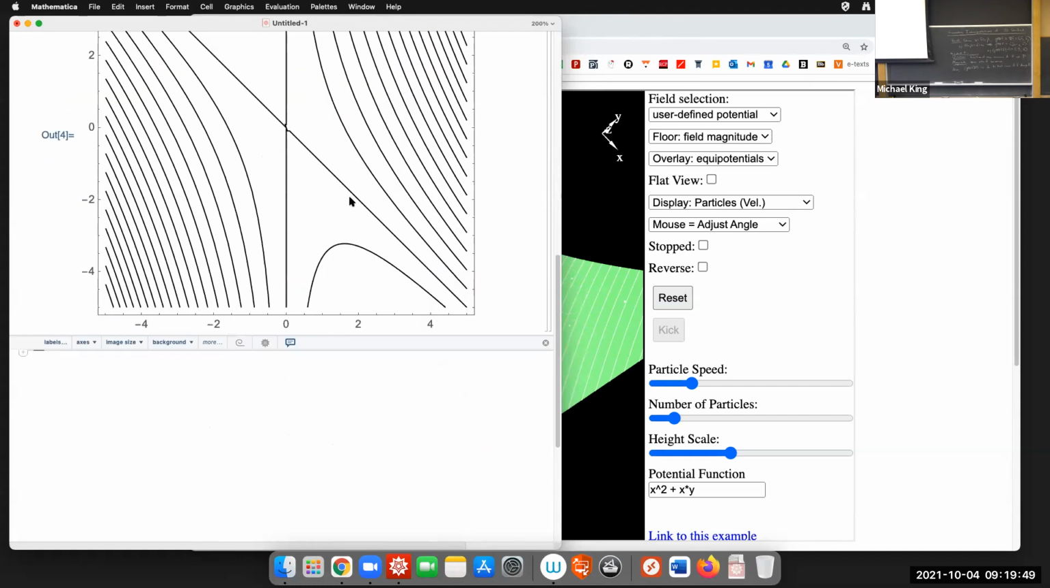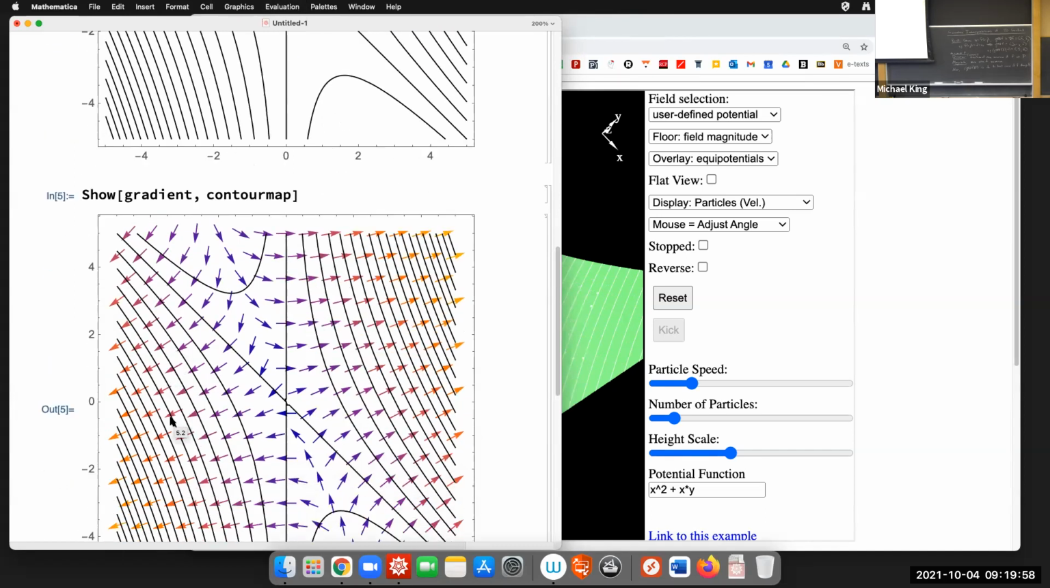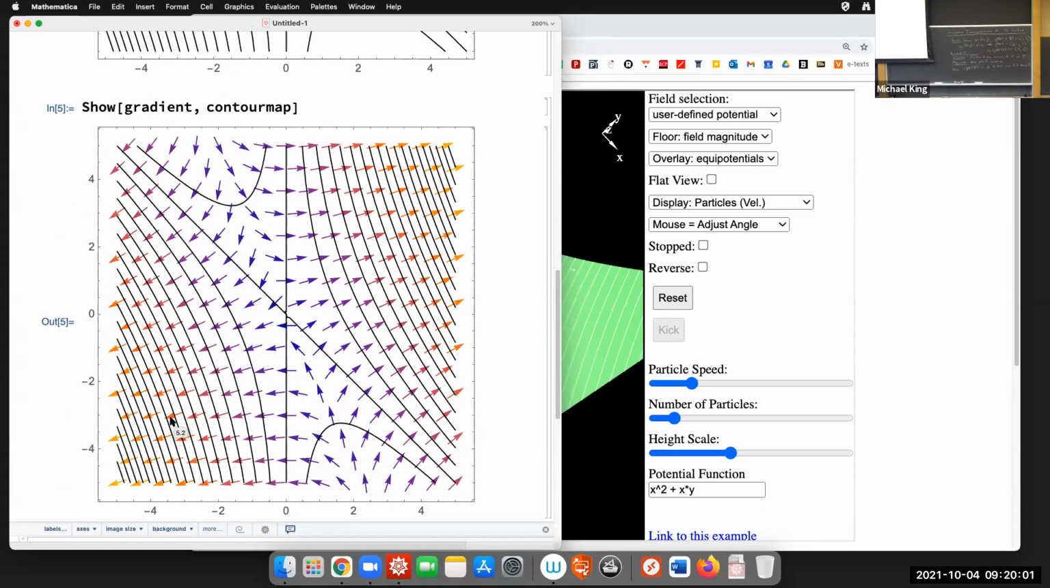Here's a contour map, and if I overlay them, then I think you can start to believe that the gradient is perpendicular to level curves. Starting to feel, right? Yeah, everywhere it's sort of perpendicular. You could probably play with the number of contours so that the tail of each vector is perfectly on a contour or something, but you get the idea, right? So